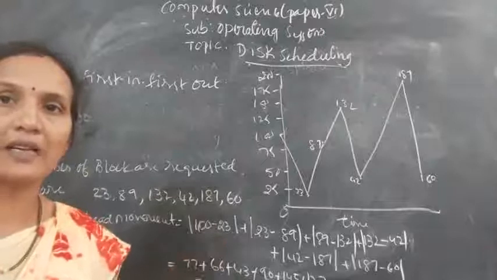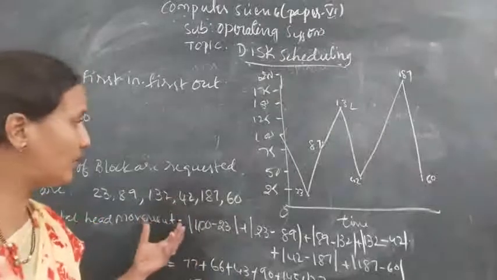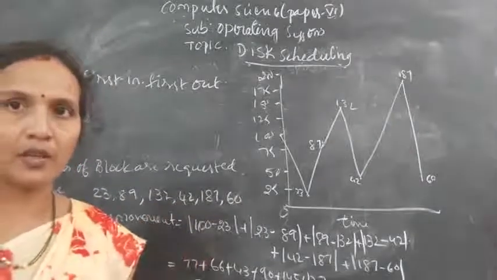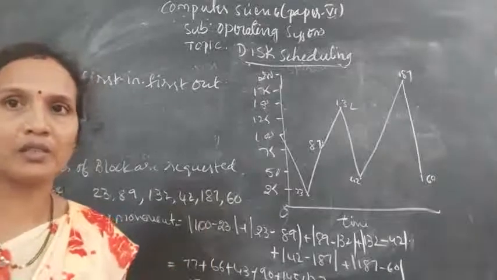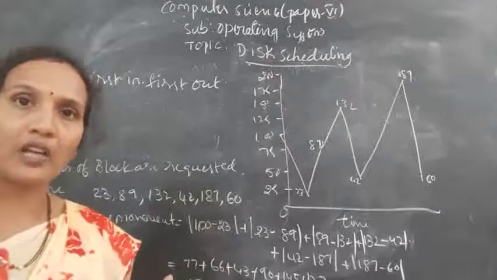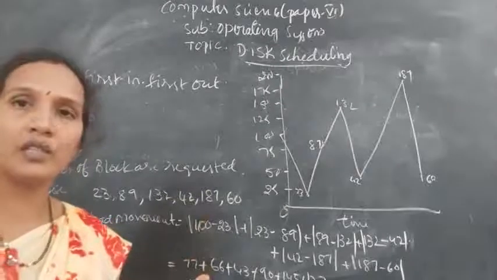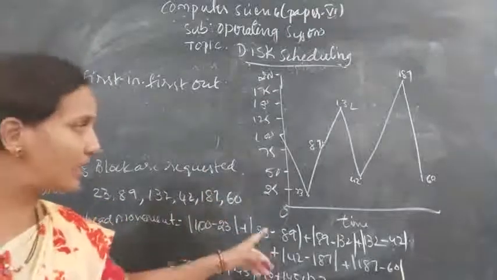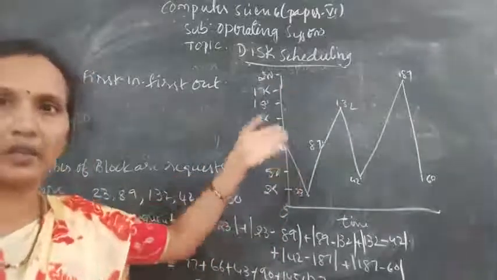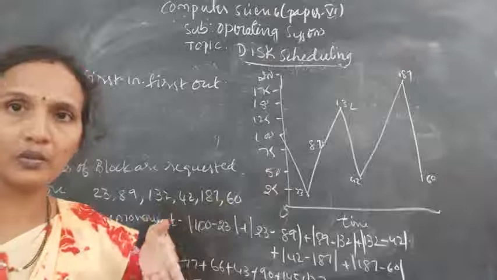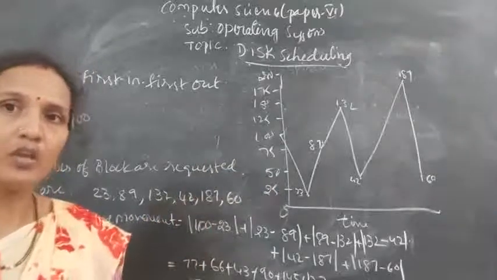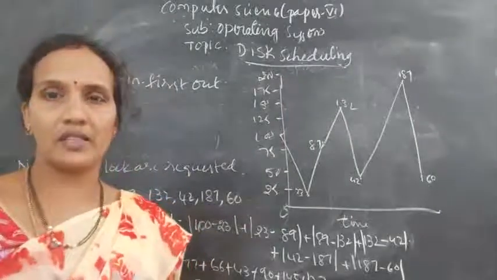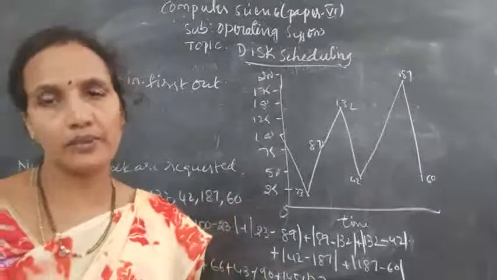In this case the disk throughput will decrease, because the head moved hundreds of tracks. The advantage is that whenever a request comes, it is served first, so the input and output response is quick. But for the performance of the disk, it will decrease, because the head moves back and forth through a number of tracks unnecessarily. When it moves so many tracks, the performance of the disk comes down.